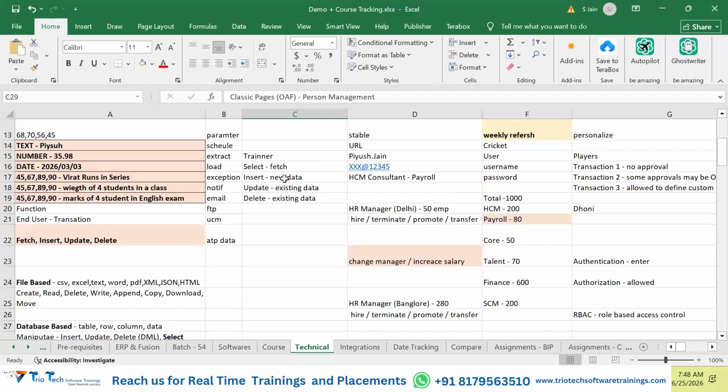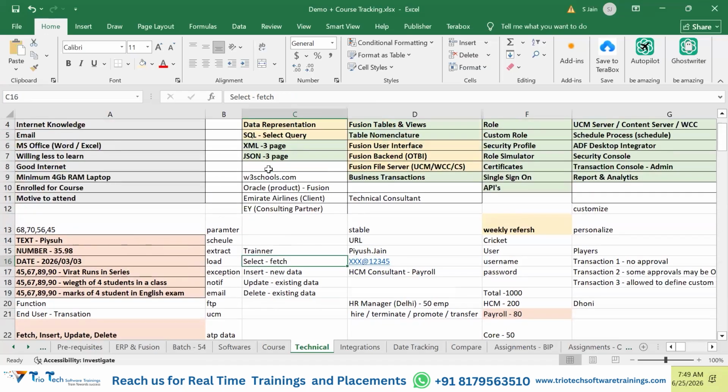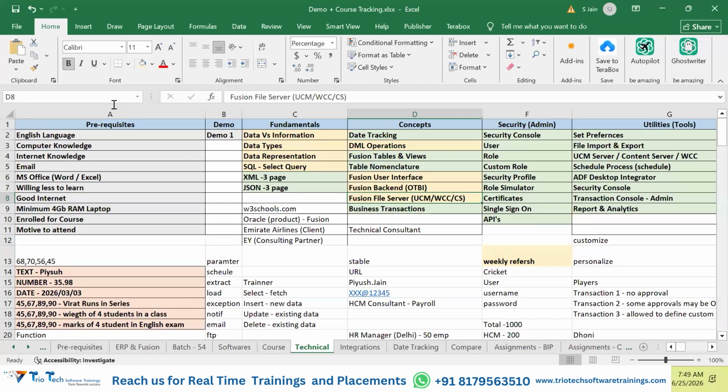Yeah, right. So guys, anything that you are going to perform from the UI, you should be able to search the data. That means we have searched the person number 10 and listed down the data. Then you open the data, you want to modify. If the person does not have a phone number or he has changed the phone number, you can add and modify the phone number. So these sort of things that the business user, the end user is going to perform from the UI, what do we call that? We used to call that a business transaction. The transactions are being performed from the UI. That is the purpose of the application only, right?